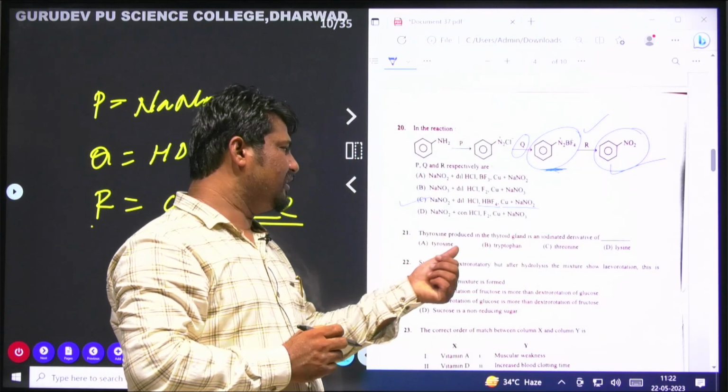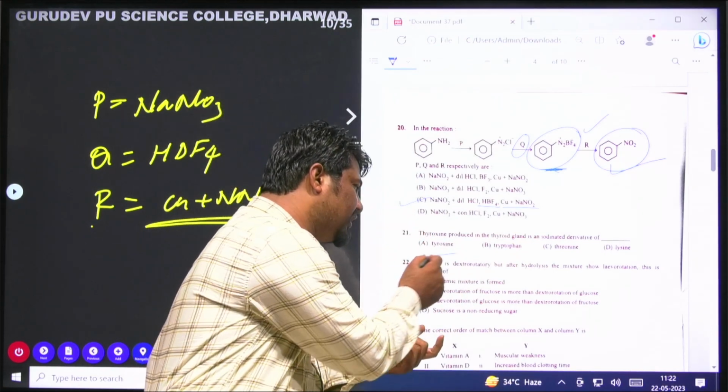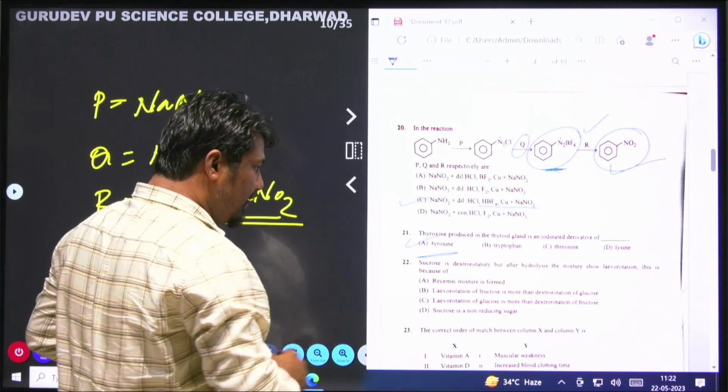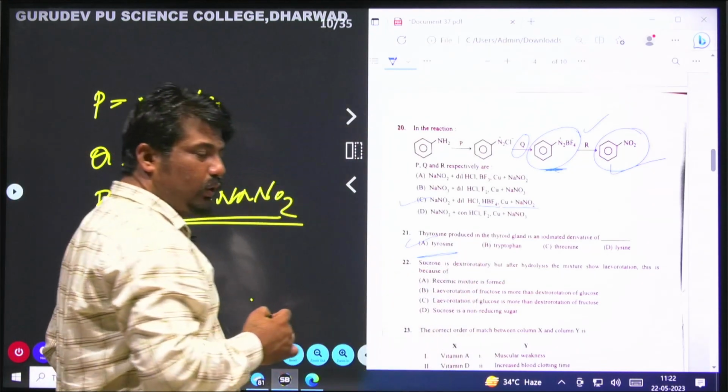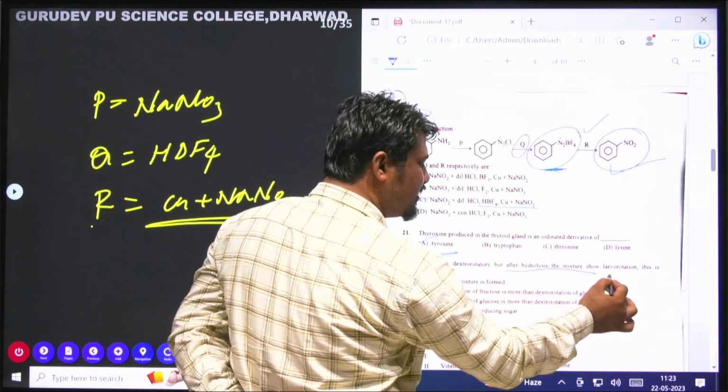So thyroxine is present in the thyroid gland. It is a derivative of tyrosine. So in biology, usually we will study this completely. Next, question number 22. Sucrose is dextrorotatory, but after hydrolysis, the mixture of